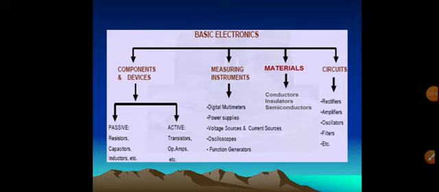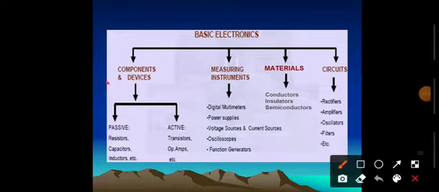Now, as I told you, the basic electronics can be divided into four categories: first, components and devices; second, measuring instruments; third, materials; and fourth, circuits. Okay, so as far as components are concerned,